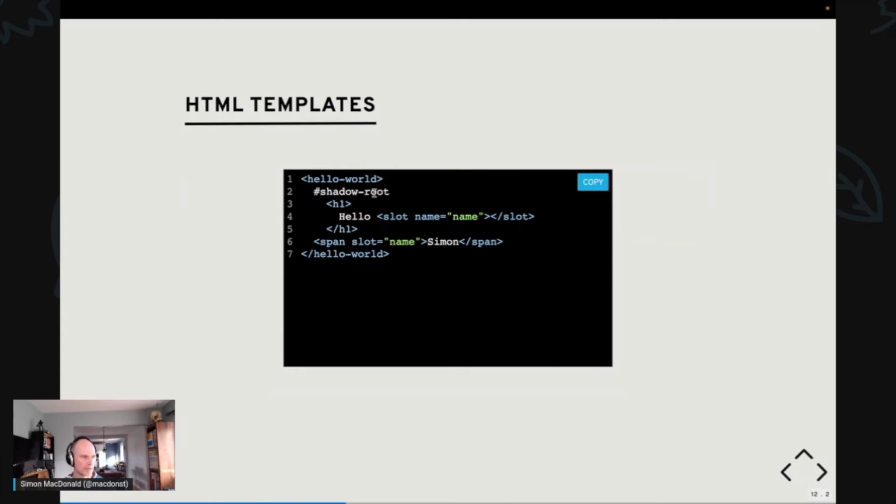We have our shadow root in the shadow DOM, which has our header and our slot with the name Simon, which will get filled in. Actually, that's a bug. I forgot to change that to a span with the Simon in the middle. And then finally, this should be kind of reversed. But anyway,